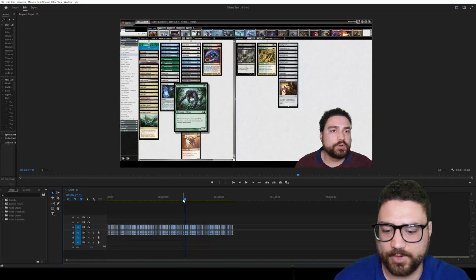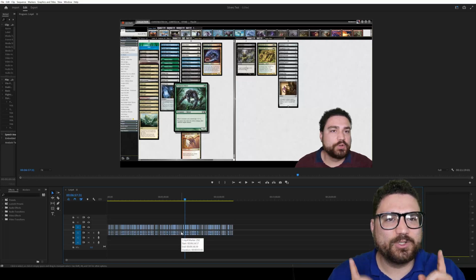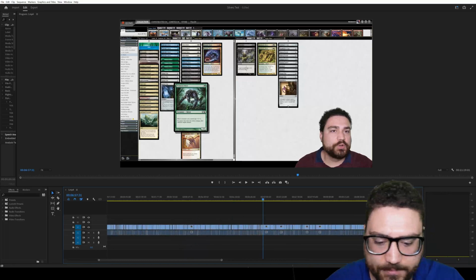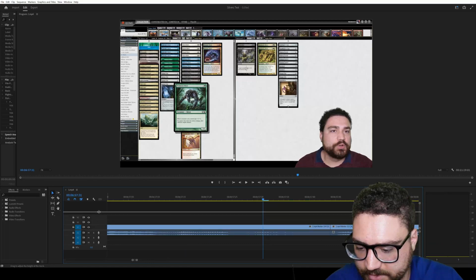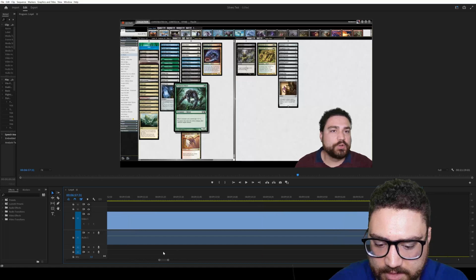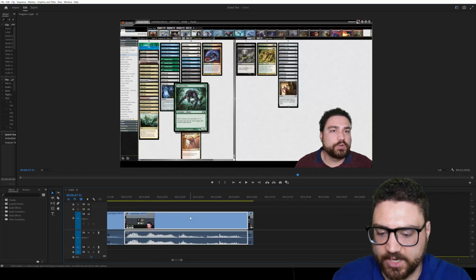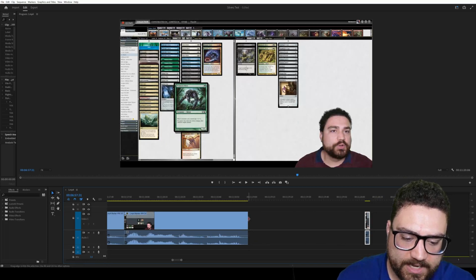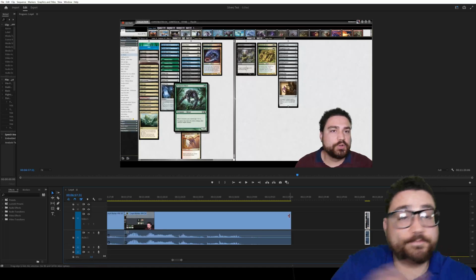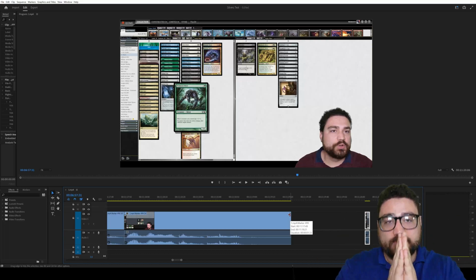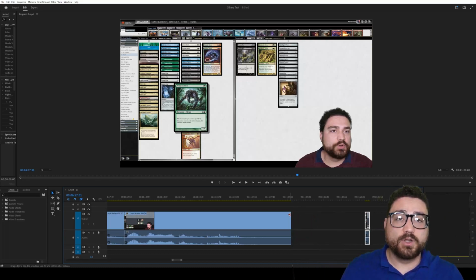And here's the other good part. Say it did get a little too zealous with the cut. If I go into my timeline here, and here I can make it bigger so that it's easier for us to see. So say at this cut here, let's get an easy one. So this cut here, say it didn't actually go long enough. What I can do is I can just kind of move this out of the way, and all of it's still there. I can just take it and drag it out, and the footage is all still there. So if it cuts it too short, you can just naturally expand it out on your own